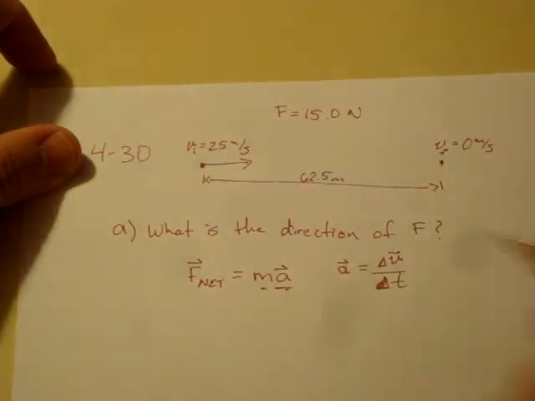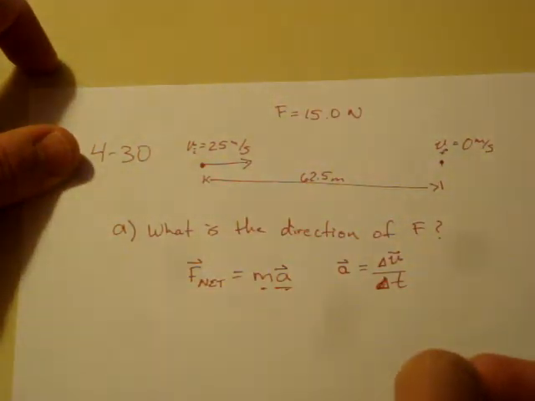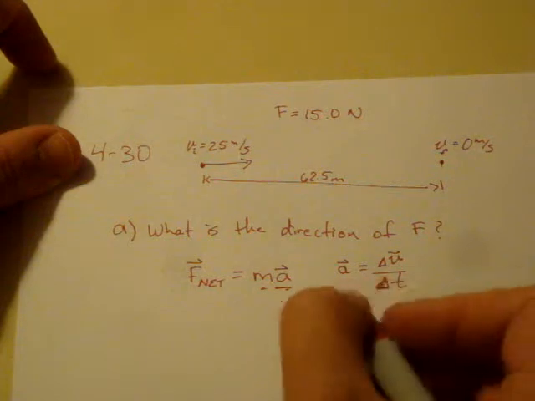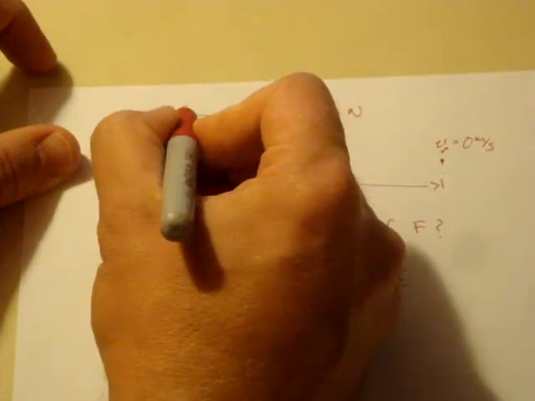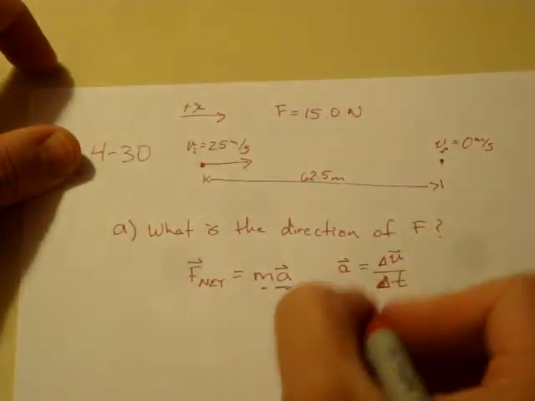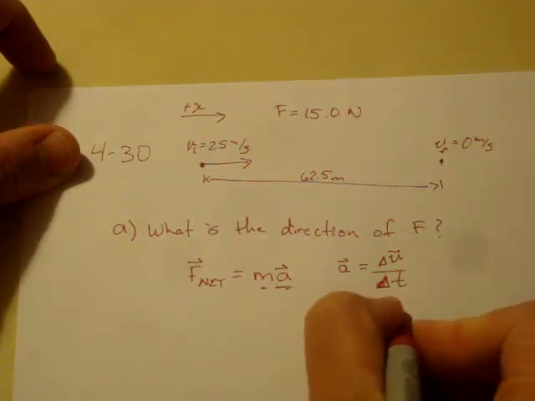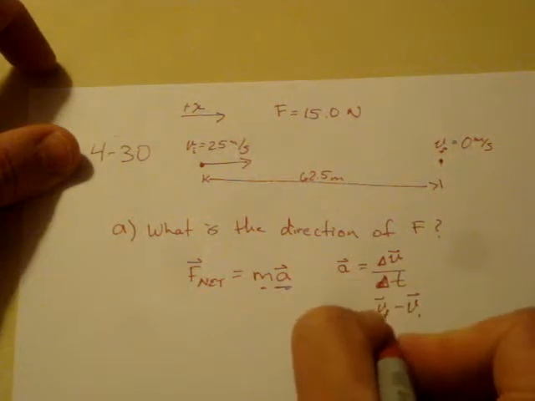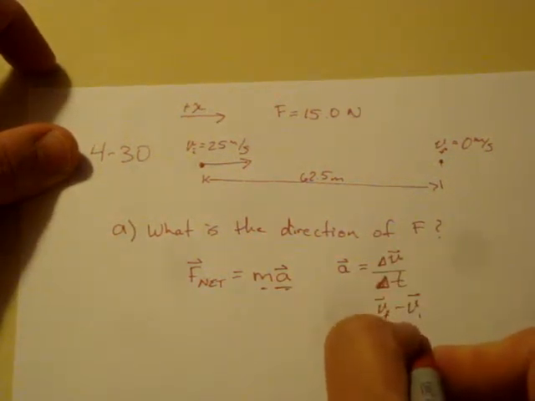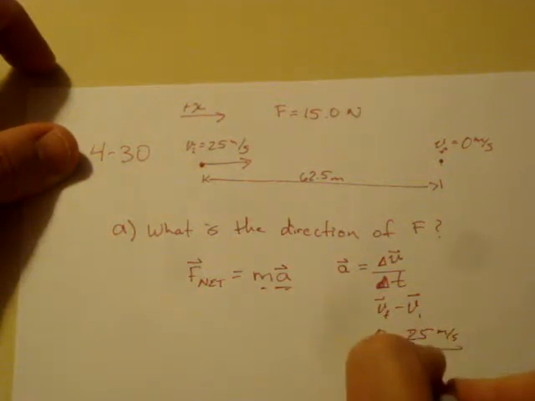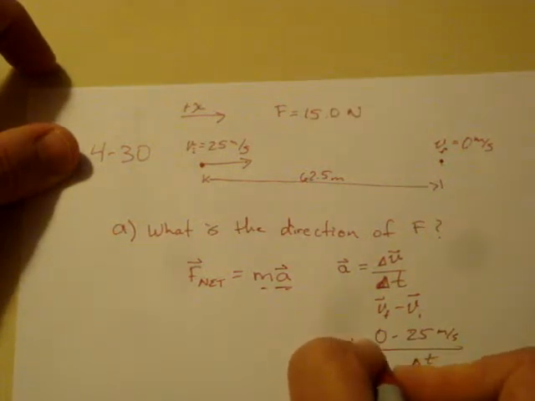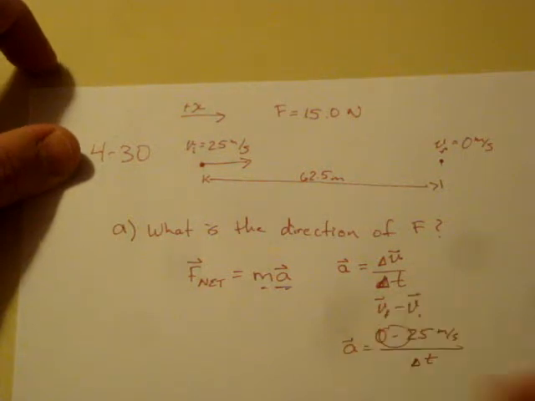So which way is this acceleration going to point? Here I just drew the velocity going to the right. You can draw it whichever direction you would like. This is a positive value going to the right, so that means plus x, positive direction to the right. So when we consider Vf minus Vi, Vf is equal to 0 minus Vi, which is pointing to the right, some positive 25 meters per second, over some time interval, which we don't really know. The whole point is that now we're looking at a direction that has a minus value, 0 minus whatever the initial value was. So that lets us know the acceleration is to the left,